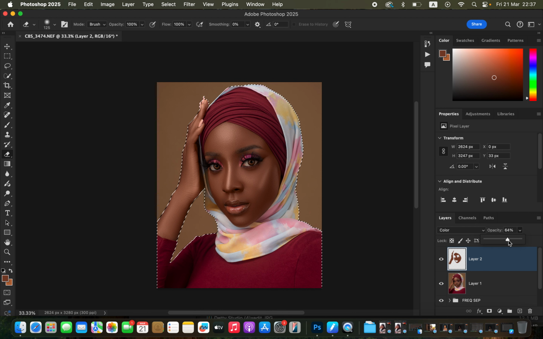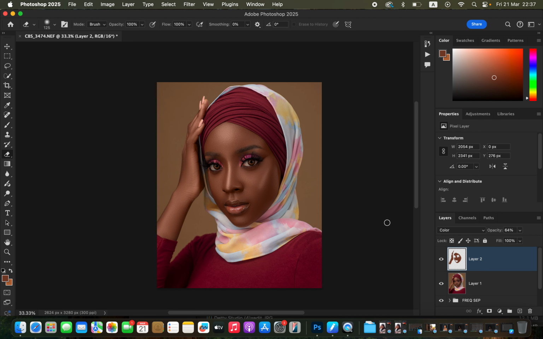So I'm just going to go with around -60 or 64% rather, before, after, before, after. The skin now looks to be uniform. And right now, what do you want to do? Deselect the active selection by pressing Ctrl D, or you can use Command D on the keyboard to deselect the